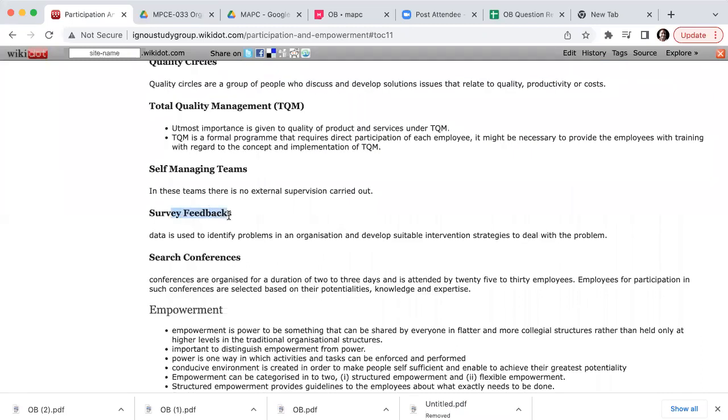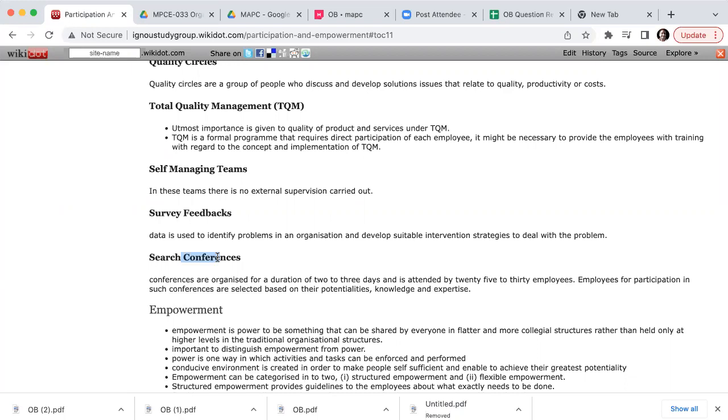Survey feedbacks. This is another program where you are asking for feedback using a survey mechanism. We went through survey feedbacks in block 1 unit 4. Okay, so now next is search conference. These are like offsites where you bring 30-40 employees together and start brainstorming, presenting what the current situation is, what the potentials are, what we can do, and those kinds of things. This is like a conference or a group meeting where people are exploring what options are there in hand, right?